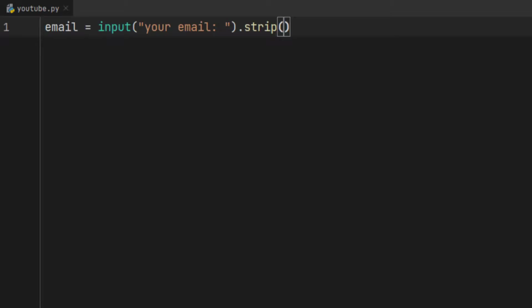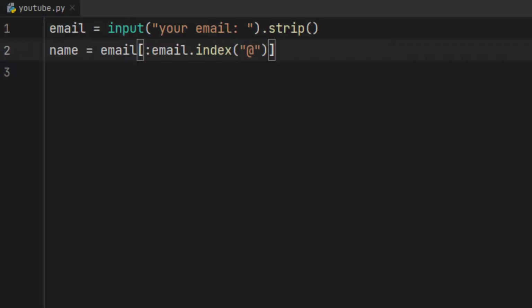For making it simple, we will only do 1 email at a time, so make a place where the user can type in and use the strip function to strip the user input. And to get the name, you can simply use this colon to check where the at-the-rate sign is, and then it will get the letters that are before the at-the-rate sign